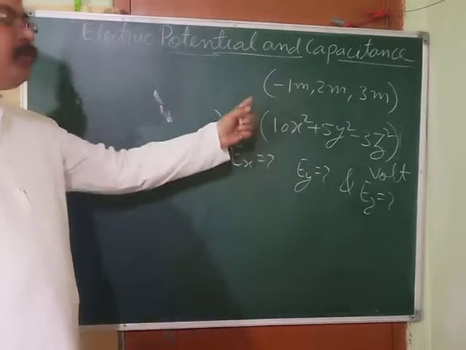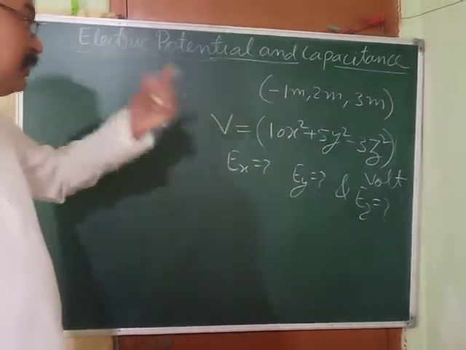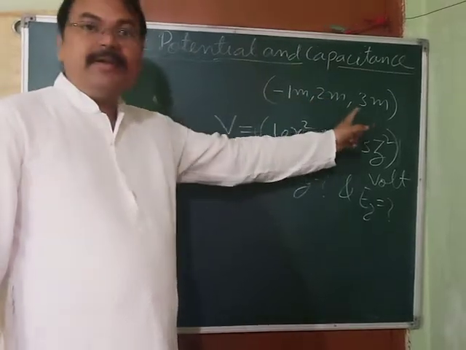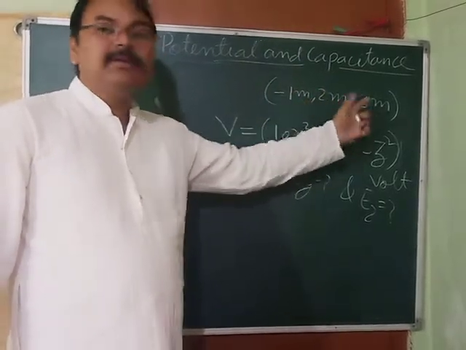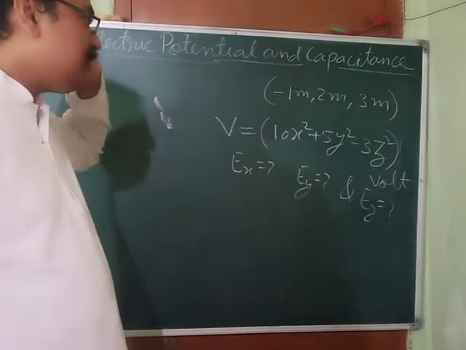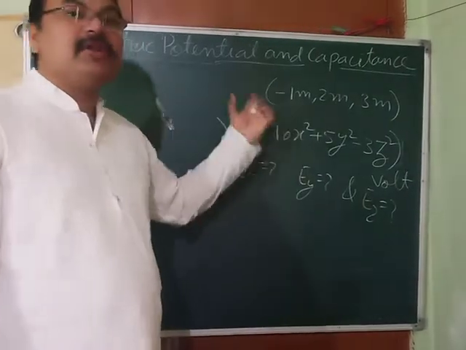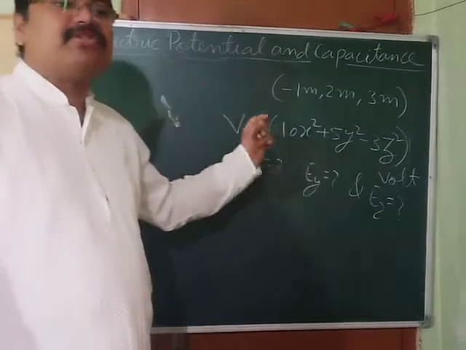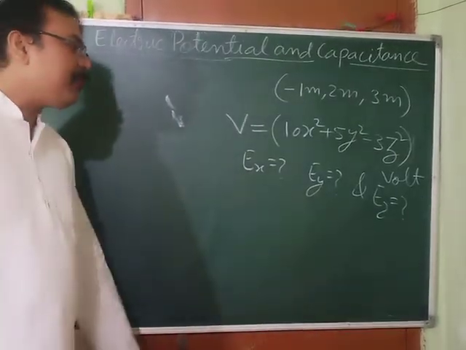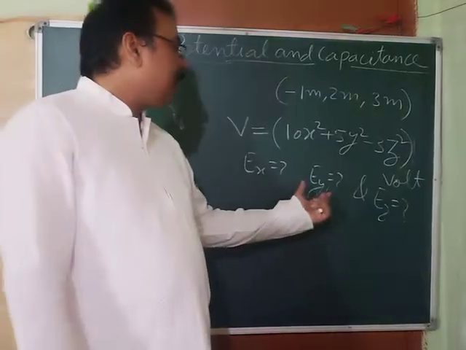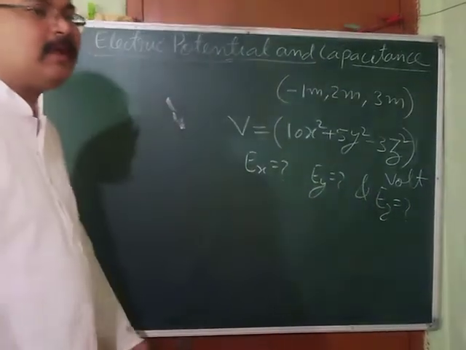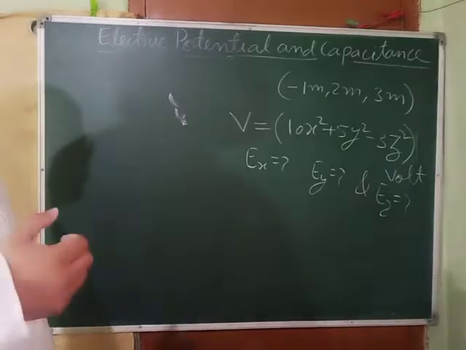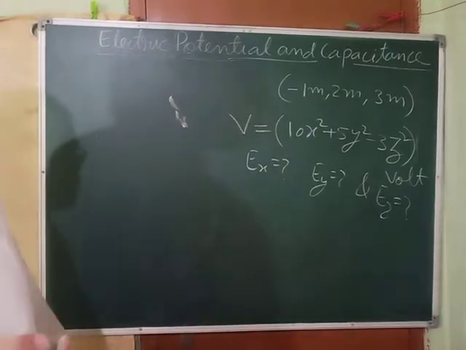So we are going to take up a question. Okay, what is given? Actually, this point is given. You can see these coordinates. It is a 3-dimensional coordinate x, y, z. This is a point. And what is given in the question? Around this point, there is a potential. Constant potential is there. And what is that potential? This potential is given by this equation. Okay. And what we have to find out? We have to find out the x, y, and z components of electric field in that region. Okay. We have to find out the x, y, and z components of electric field intensity.